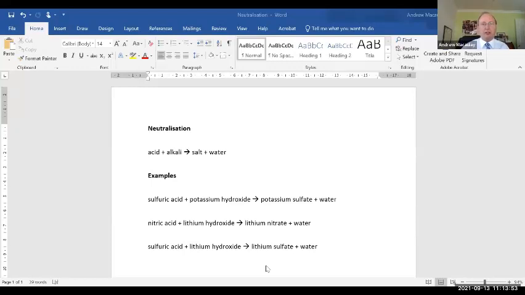It's called a neutralisation reaction. Okay, neutralisation reaction. And so we've been looking at, over this term,